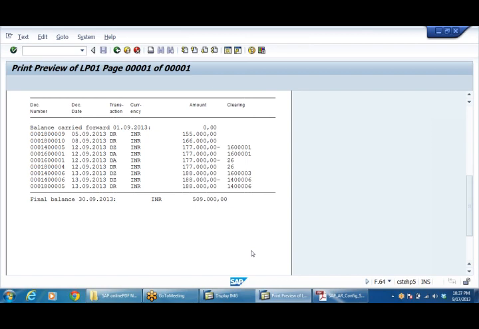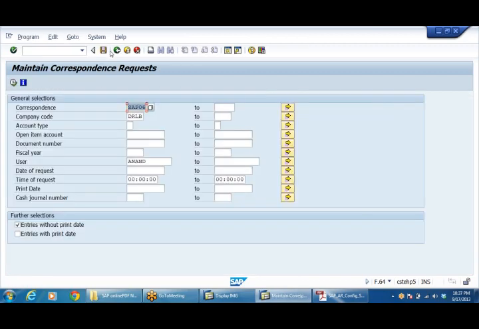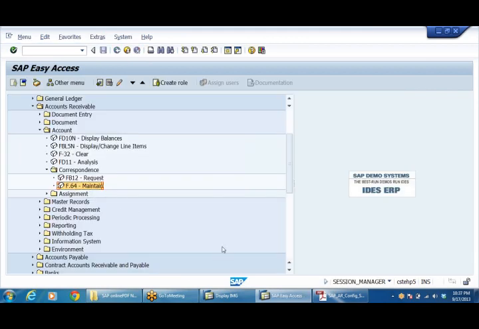Now the difference between the Dunning letter and this letter is, in Dunning only open items for which payment has not been received will appear in the Dunning letter. Whereas in the case of the party statement, everything will be visible, right? All debits, credits, everything. So any doubts or anything? Just like that we can generate it.